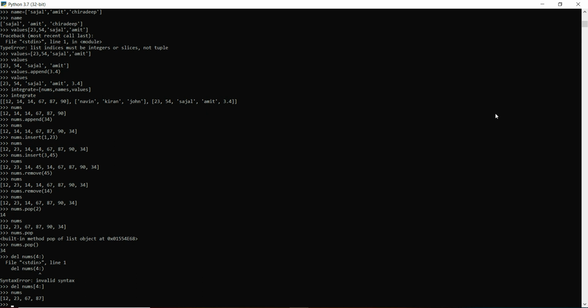Similarly, we have seen that append helps me to enter a value at the last, pop helps me to delete a value from the last, and if I want to insert a value at a particular position, insert will help me. If I want to delete a value from a particular position, pop will help me. If I want to delete a particular value, remove will help me. If I want to delete multiple values, del will help me. And if I want to insert multiple values from the last position,